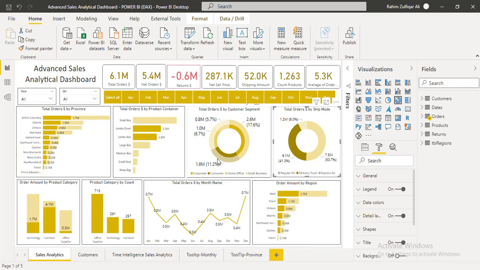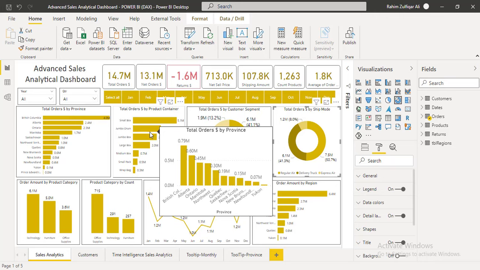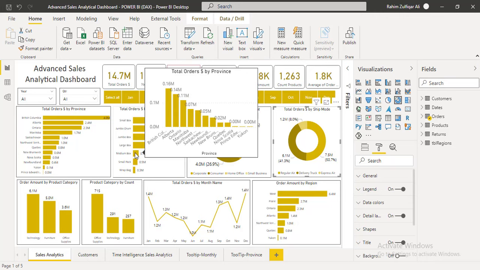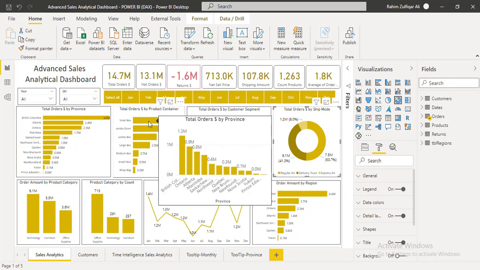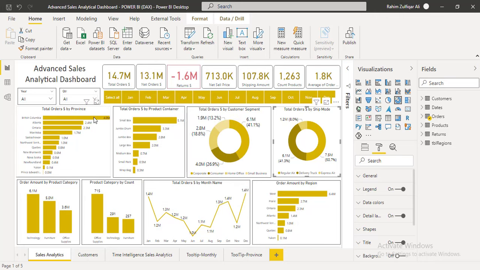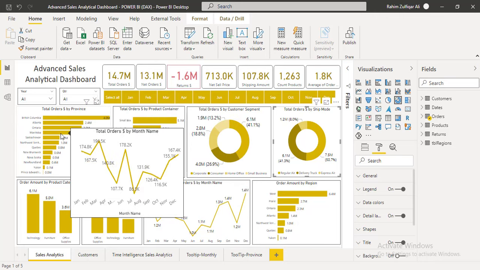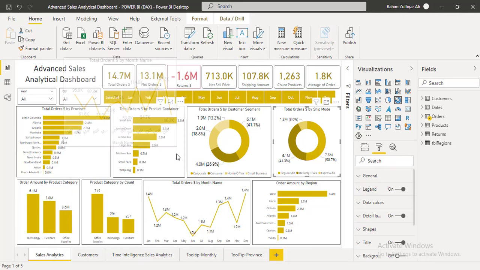So at whatever level you want to filter the dashboard and read it from a different perspective, you can just click on that particular visual. You can also use customized tooltips to see in more detail how the numbers are speaking to you, right? I have also added 2 customized tooltips with these visuals.